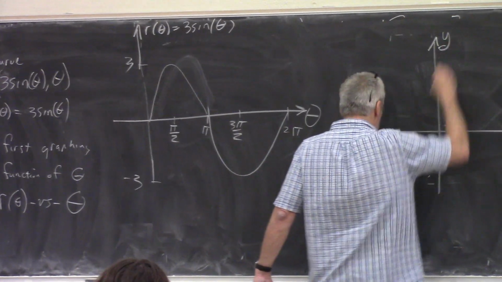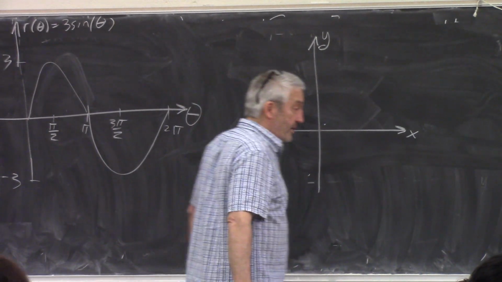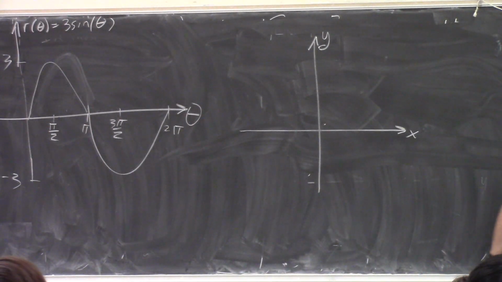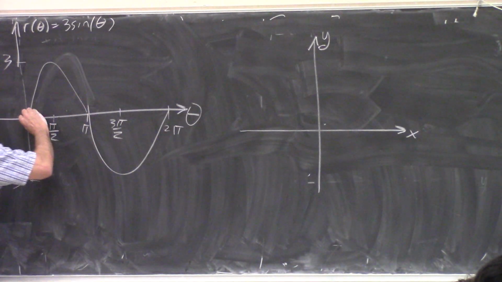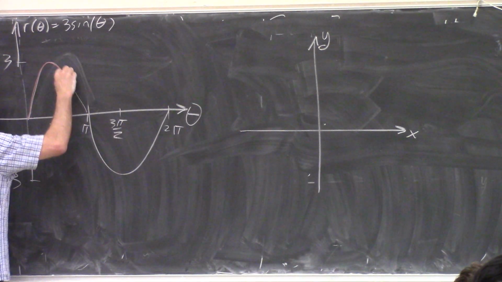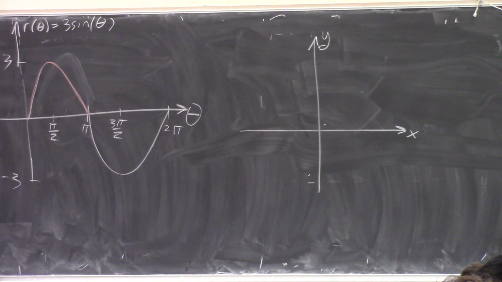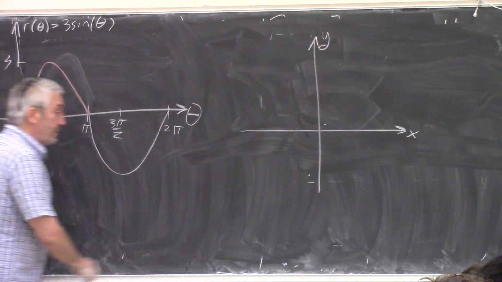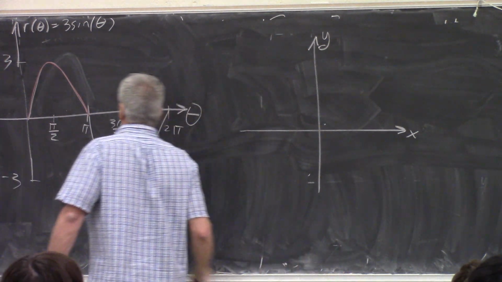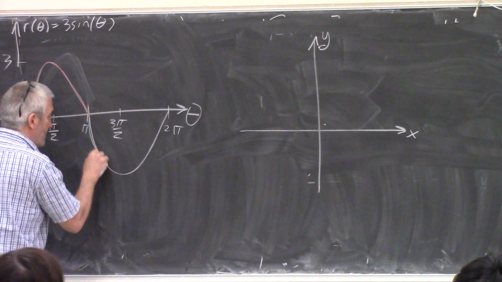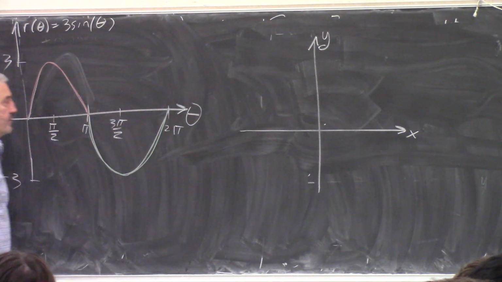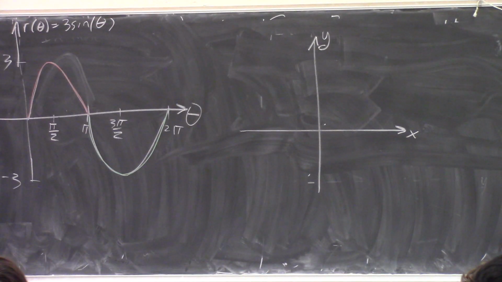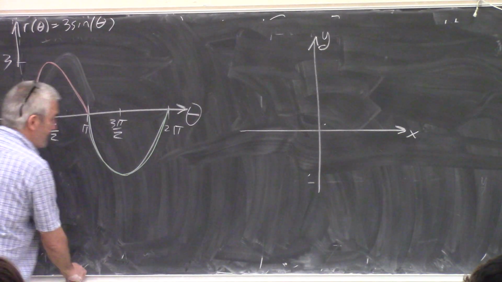Well, first of all, get out your green and your red pen. Because remember in our pictures, when r is positive, we put those numbers on that positive part of the x-axis. And when r is negative, we put those numbers on the negative part of the x-axis. Okay? So,